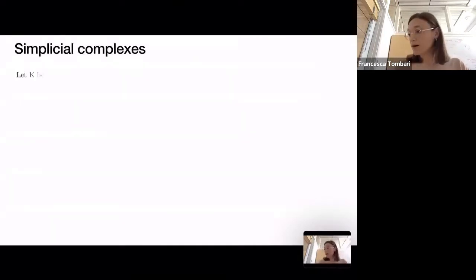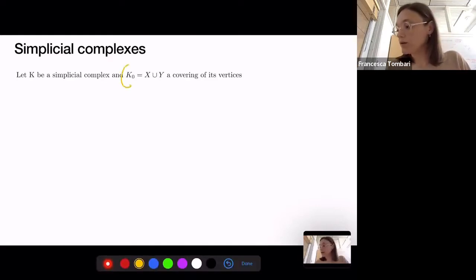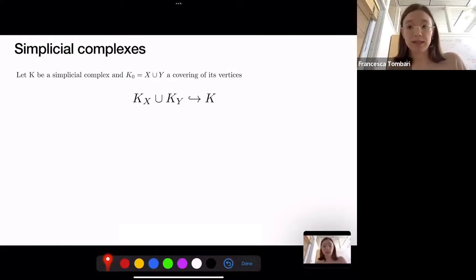So we start with a simplicial complex K and take a decomposition of its vertices. K0 is a collection of vertices of the simplicial complex. We take a covering of them by two subsets X and Y. When we restrict the complex to the sets of vertices X and Y, we obtain two subcomplexes of K. And their union will still be a subcomplex of K, right? That we refer to